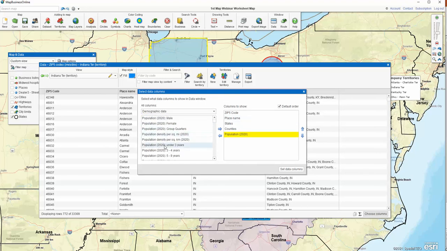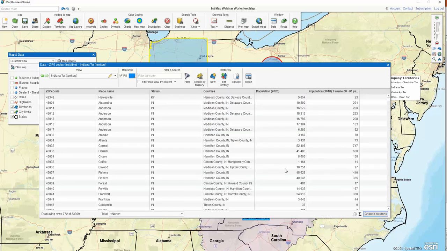Bring that over, and you can bring in a whole bunch of them. Set the data columns. Now all of the territories are going to have this information. You can total by territory down here at the bottom. So there's 6,513,000 people